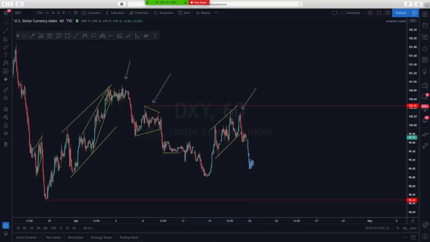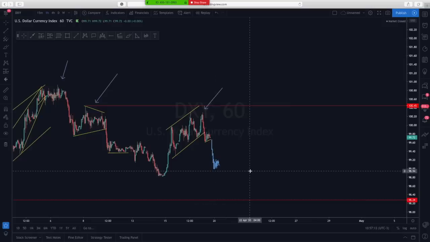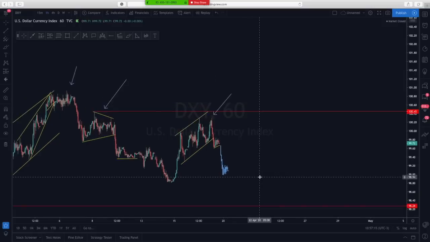This breakout, once it did break out impulsively, one of the most important things is to accept that it broke out impulsively, then we wait at least 6 to 8 hours minimum before we put pending orders. As you can see, we've got here the first hour after this impulse candle. This is the first hour, second hour, third hour, fourth, 5, 6, 7. It's actually 7 hours, which is now very much better for us.